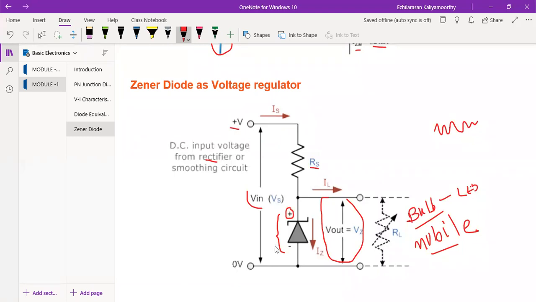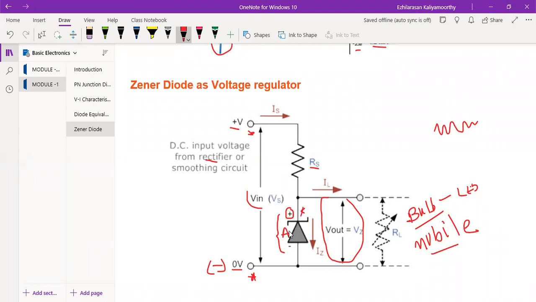This is also plus, see, but minus is 0 volt, so it won't work actually. When will it work? When I give minus to anode, sorry, this is minus to plus, sorry. 0 means minus, this will be anode, right? Exactly, it's connected. So 0 means minus actually. That is connected to the anode. Then the plus volt is connected to the cathode. That is the cathode. So now it's in reverse bias only.